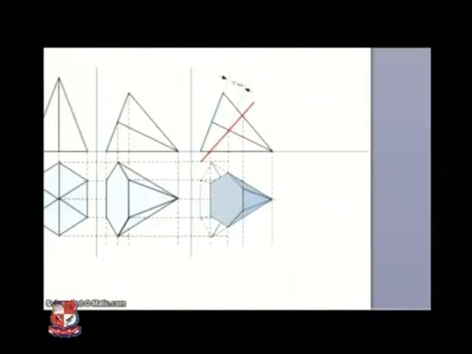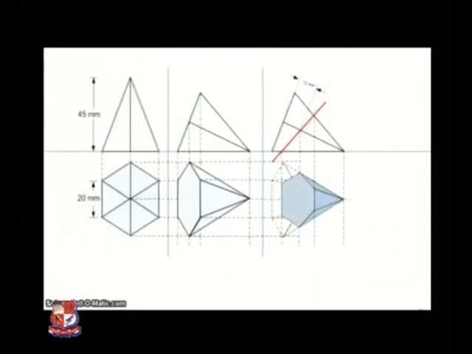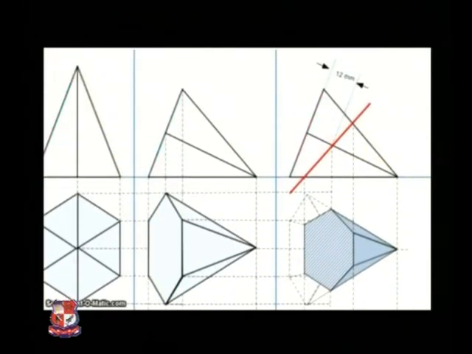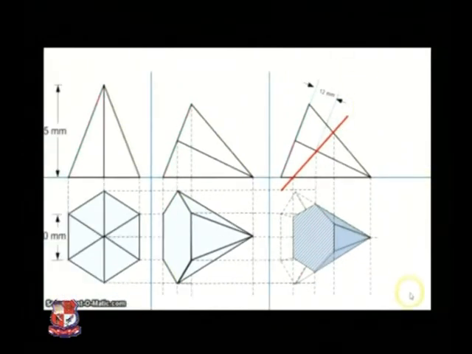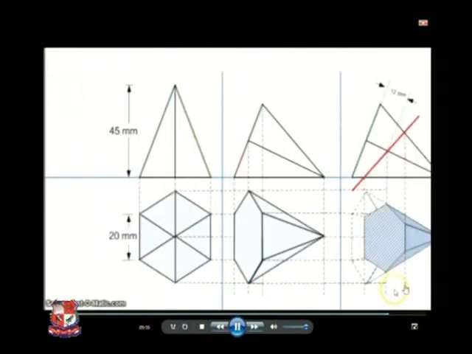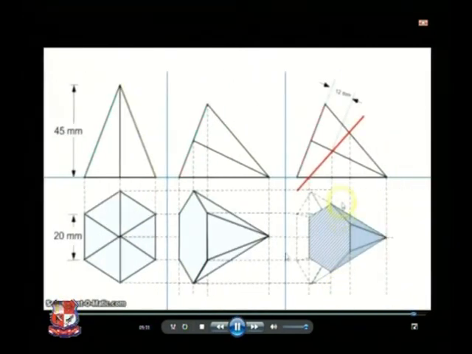So this upper portion of the given solid is removed. Hence, that should be drawn by light lines, and these section lines represent the sectional top view of the given solid. You can see here. So now in this problem, this is the sectional top view, this is the front view. I hope the solution is clear to you.